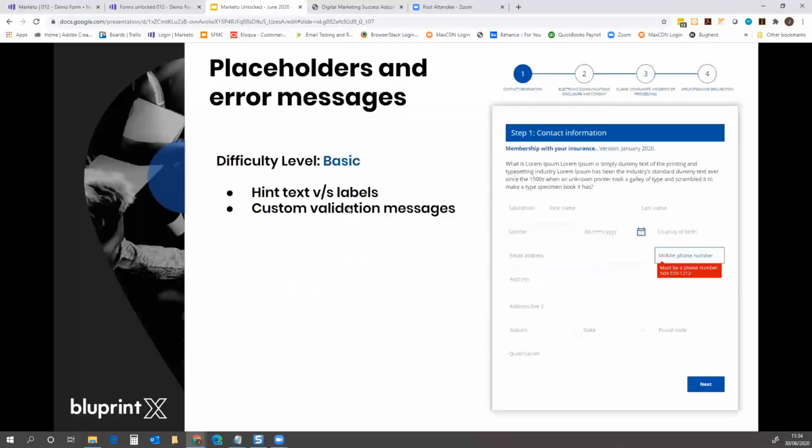Now, the first thing I'm going to cover, as a difficulty level of basic, is very simple, and it's about skipping the labels and using placeholders instead. The reason this can be helpful is when your fields start stacking on top of each other on mobiles, and if you've got a lot of fields, you'd like to reduce the amount of scrolling. And one smart way of doing that is using